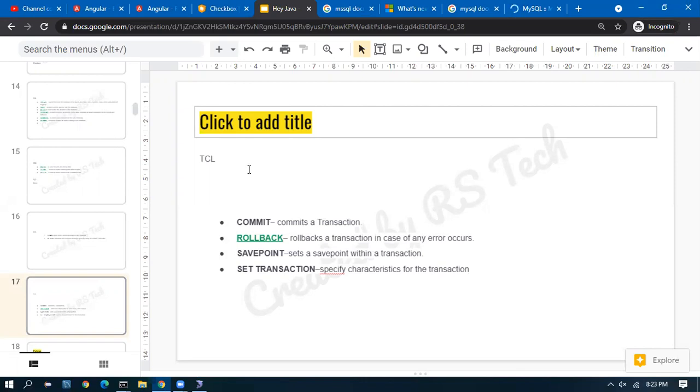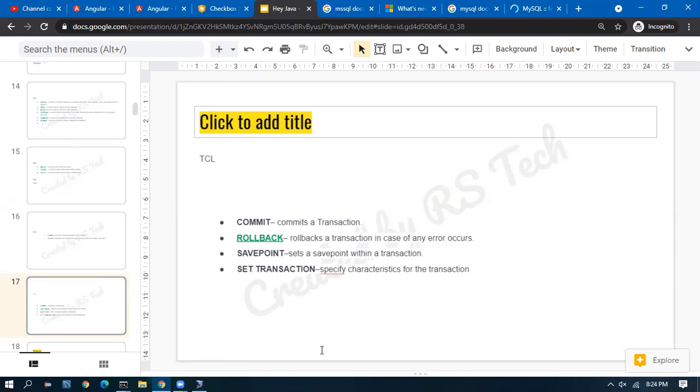So we can control whether a user is allowed to commit a transaction. So when a commit happens, rollback is like undo, Control Z. I can roll back the last transaction. It is the same as Control Z, which we have. And save point is a point where it is a snapshot. In the Microsoft OS, we take a snapshot of the server. At a particular point of time, we take a snapshot. That is what a snapshot is.